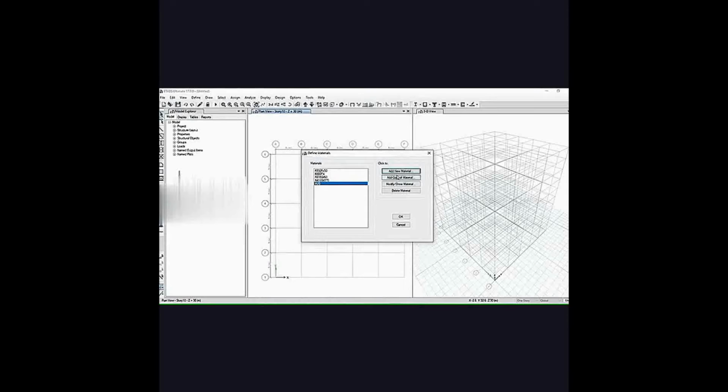Now click OK option. Now again add new property and select rebar material type and grade as HYSD 415 and click OK. Click OK.